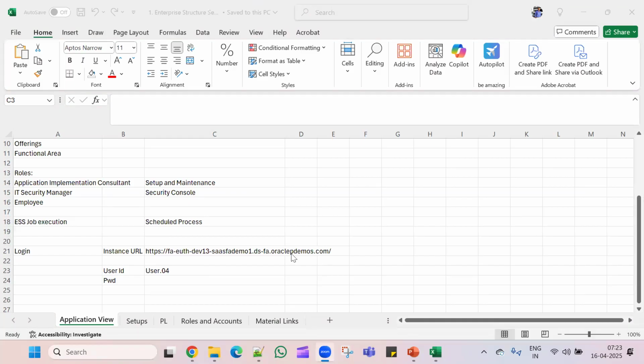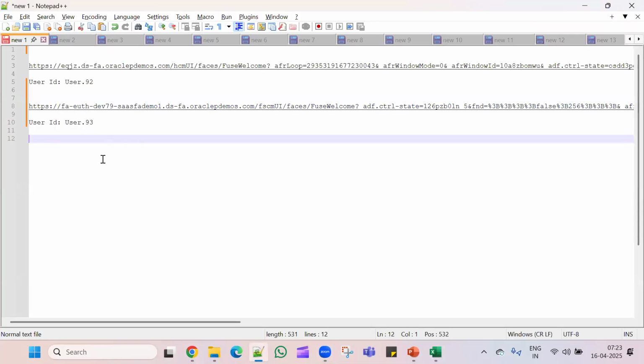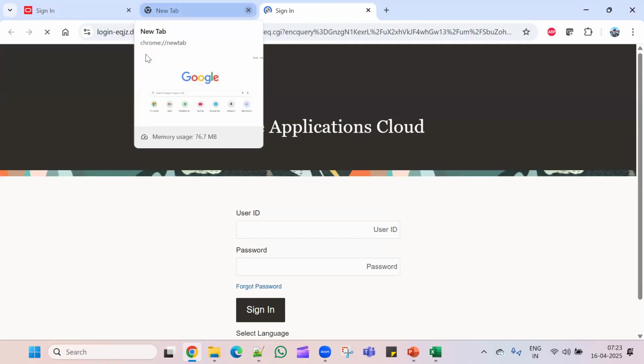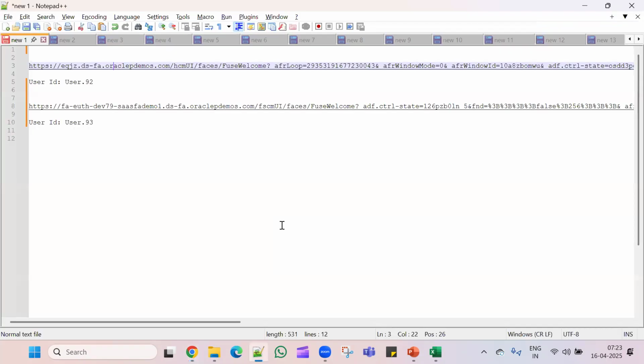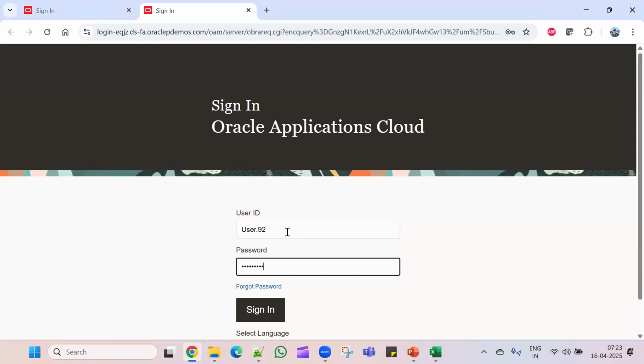Let's see how we can configure and how we can create our user. This is the credential URL. Just click on the credential URL. Then whatever the username I provided you, just log in with that username. Okay. User 92. I will provide the password as well. You can log in like this. Okay. So now you can see